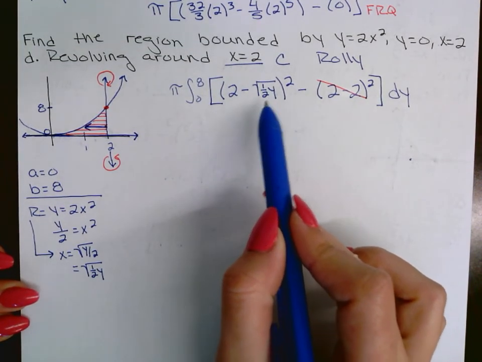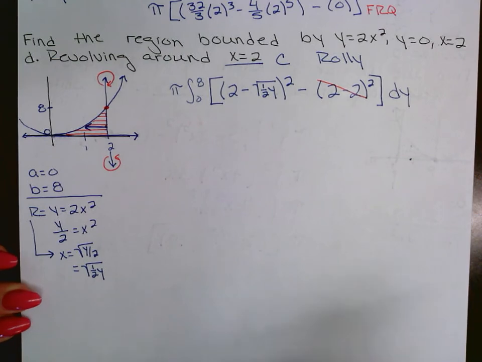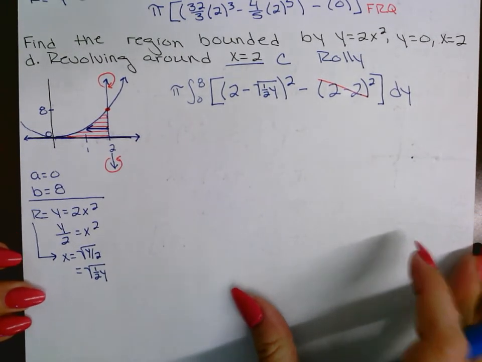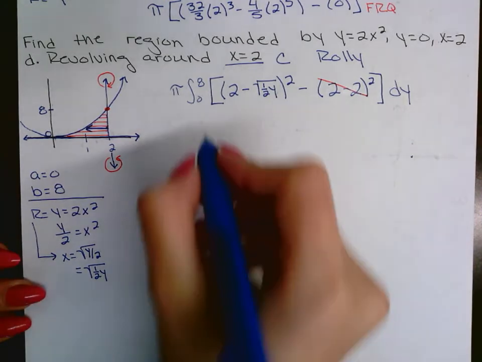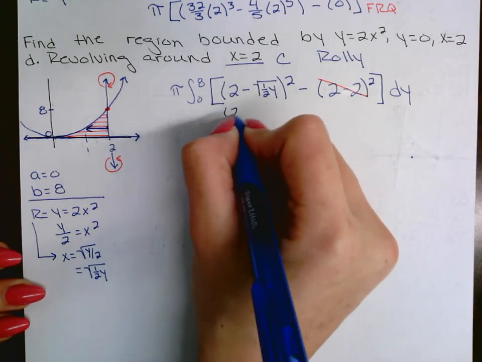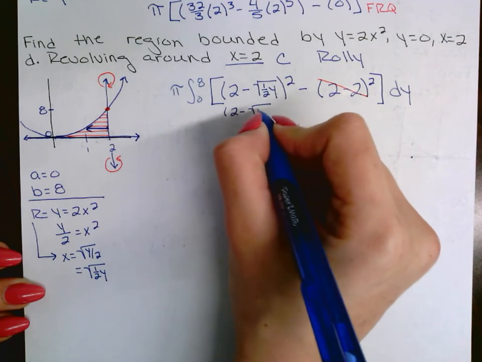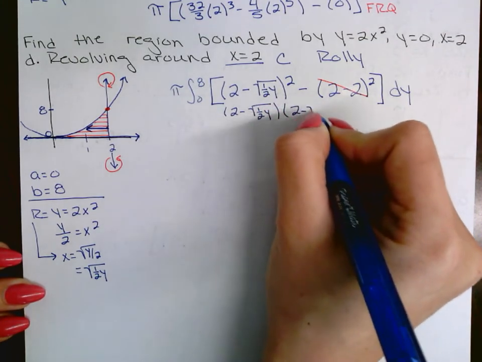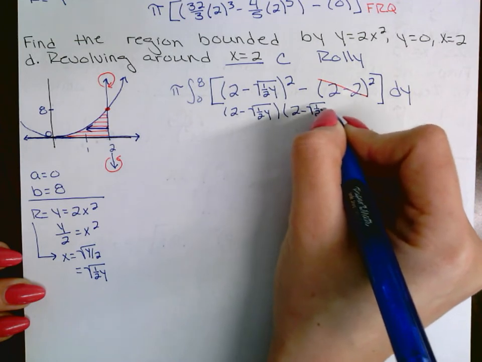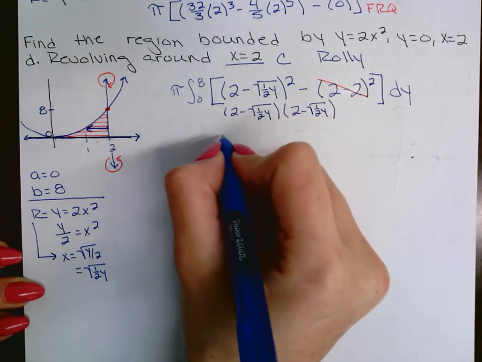It's going to be some pretty ugly foiling, but take it with a grain of salt. In the AP test, they don't even make you do that much algebra. Okay, this is just a textbook question. So I really have 2 minus square root of half y times 2 minus square root of half y. That foils out to